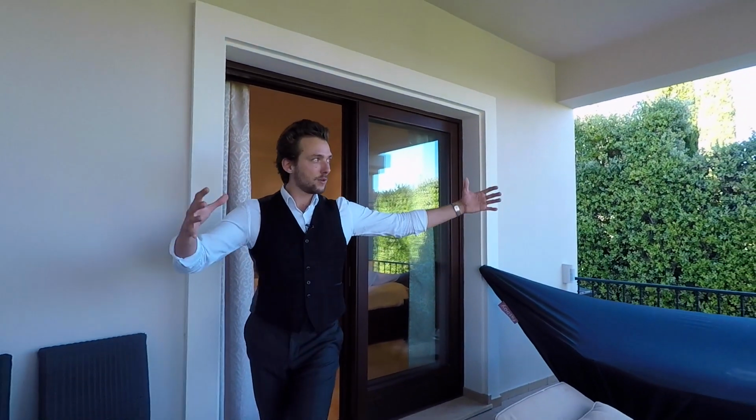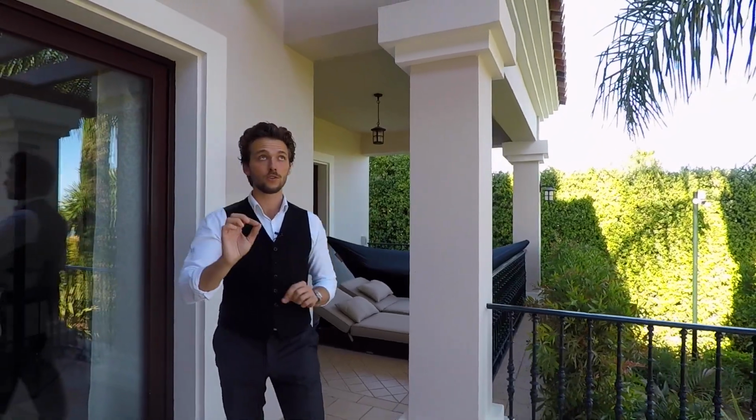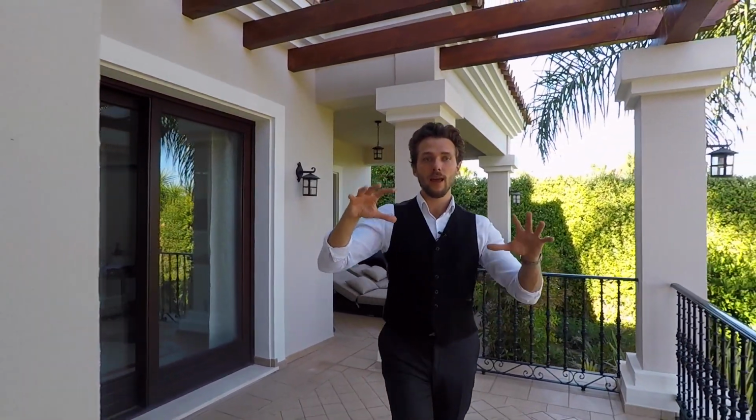Now let me show you what I promised. The way out from this bedroom to a private little terrace. Currently we have 2 sunbeds here and a really cool hammock which I fell asleep on once. From this little section which is private to this bedroom, we have this little passageway to another little terrace area which is not covered in case you want to enjoy the sun,